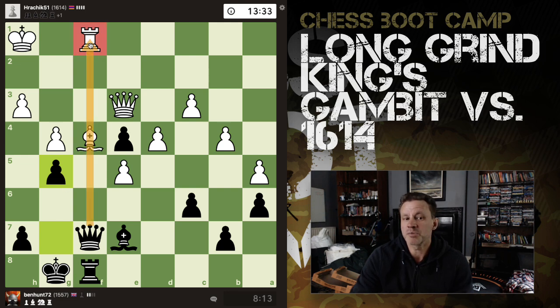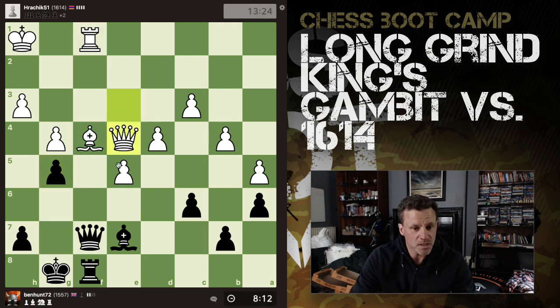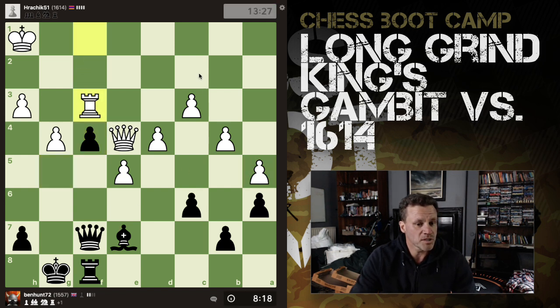His bishop's now pinned because the rook is undefended on f1. So yeah, with this defensive move here, what he's done is he's pinned his own bishop. The bishop wasn't in a pin before. Okay. Now, if you trade everything off, he's got 2 extra pawns, but I have a bishop. Admittedly, okay, so here,